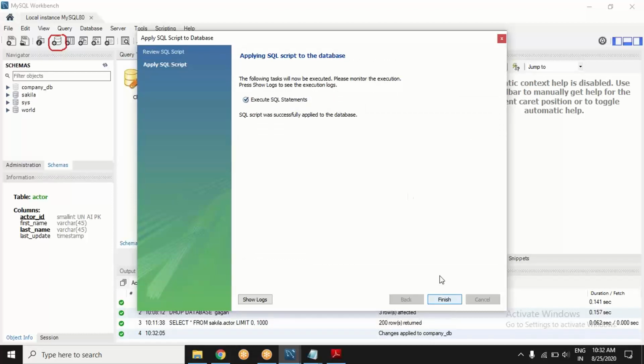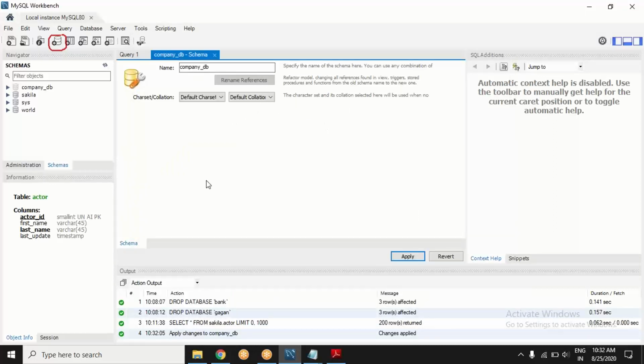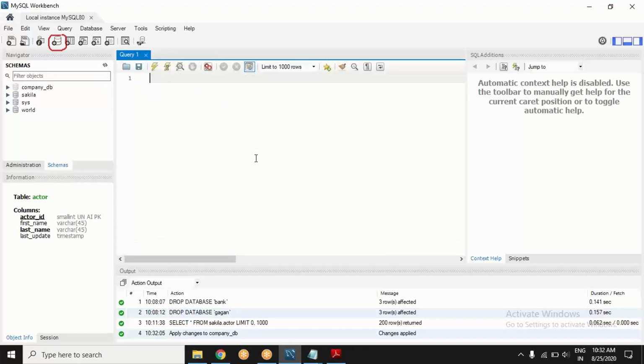When I apply this, it says execution complete, and finish. We are done with this, and there is company DB.